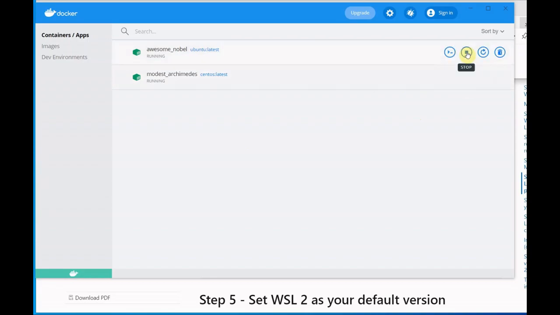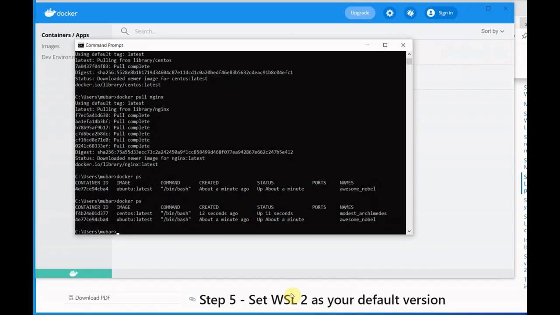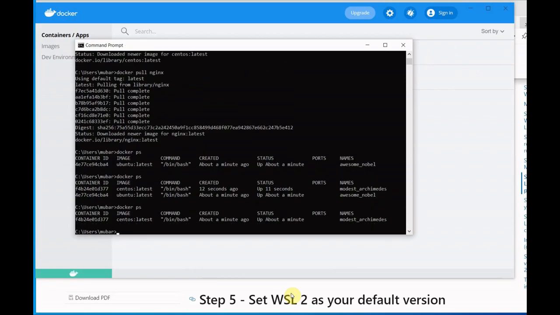Suppose I want to stop the first container, which is Ubuntu. In the backend, let's check what's going on, whether it will show the two containers or not. No, it's not showing the two containers. Here only one container is running, that is from CentOS.